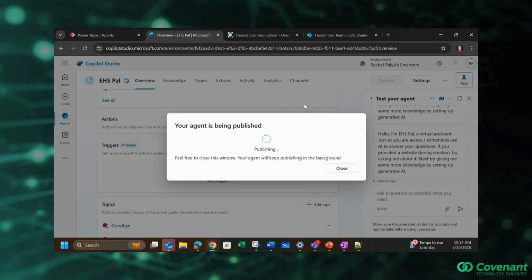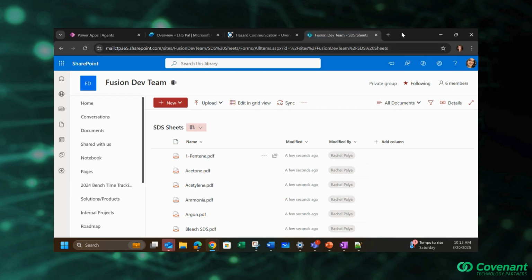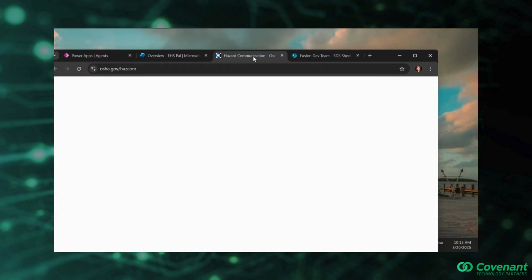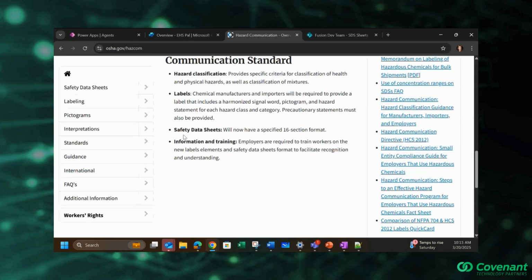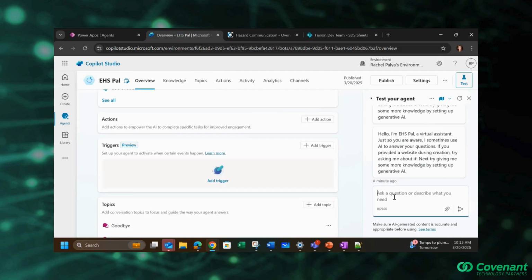So the first thing I'm going to ask is how many sections are in an SDS sheet? Because that's something that's very specific, and also something that we can see that's available on our OSHA website. Sorry, Teams, it's doing the thing. So if I go down here, I can see safety data sheets now have a specified 16 section format. So if we test,